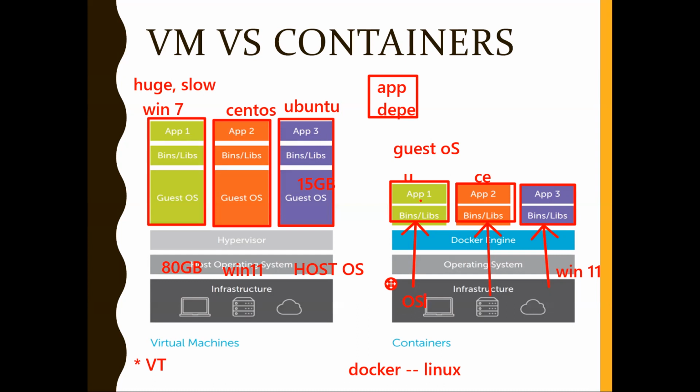Let's say here I'm saying it's a Windows 11. They'll share the operating system of this host only, meaning Windows 11, meaning they'll share the kernel of the host. They'll not have their own kernel. So this is the difference. Because they don't have their own VM and they consume fewer resources, they're obviously very light and work really faster.